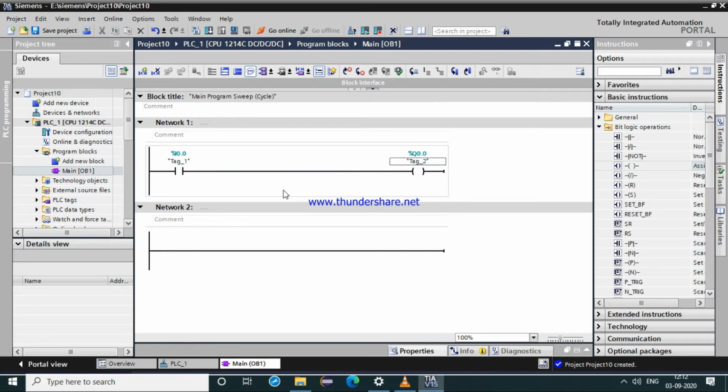Now once we create any logic, we need to download this to our hardware. So for downloading, you can click this option, that is download to the device, so that your panel can work and you will get the desired output. So once we download this to the device,